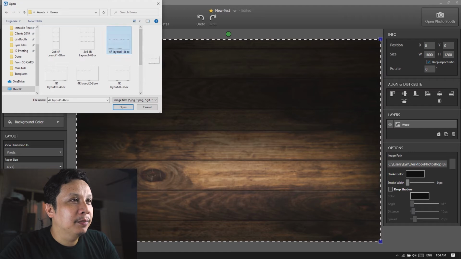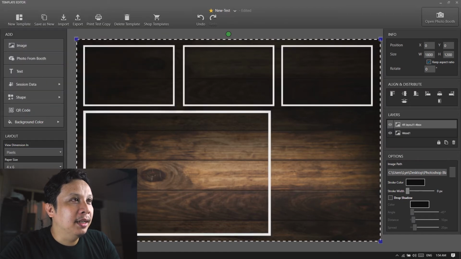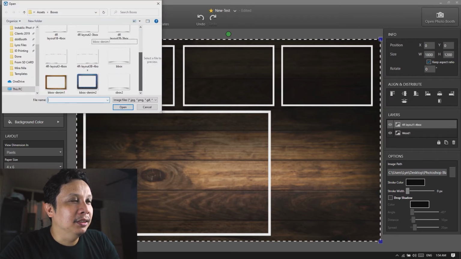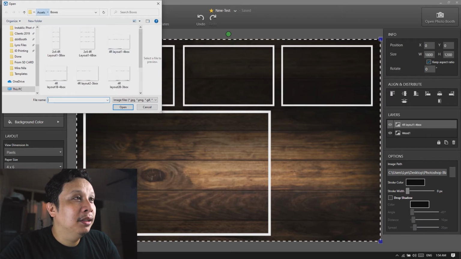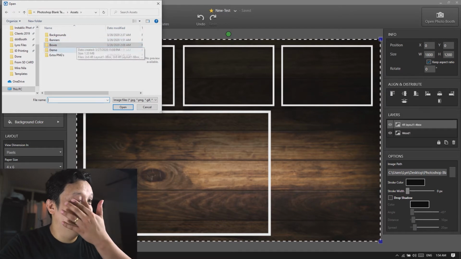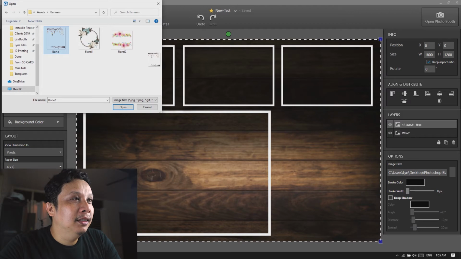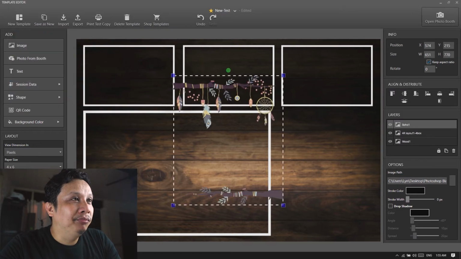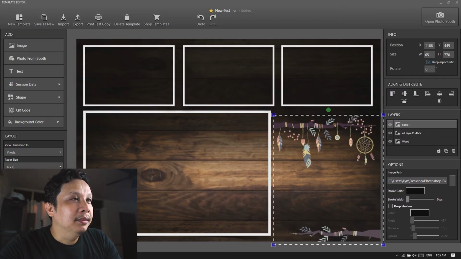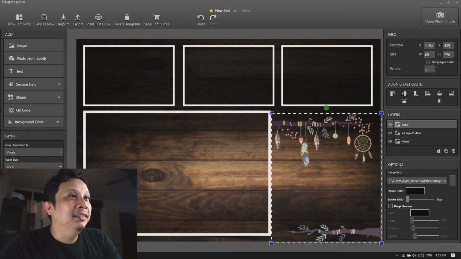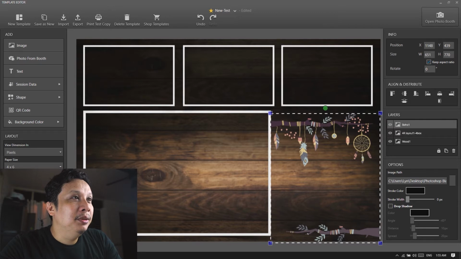And then we're going to add some decorations for our text. So let's choose this one. Okay, we'll choose this one. All right, this is kind of like a dream catcher. All right, and then we will add the